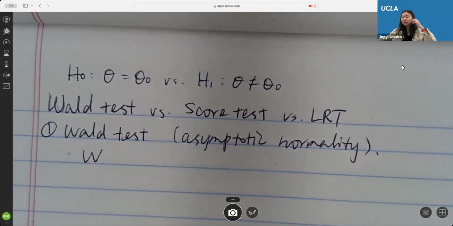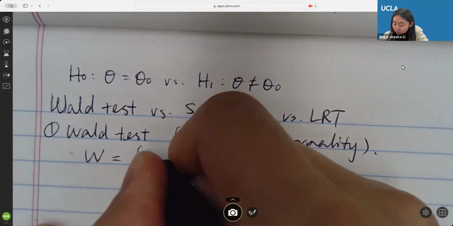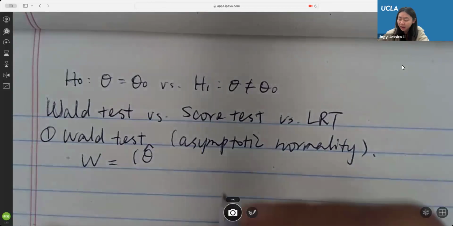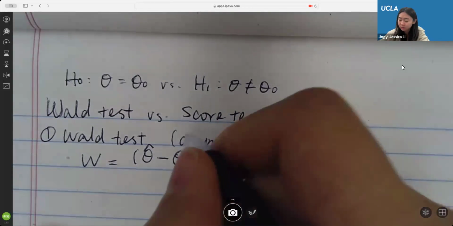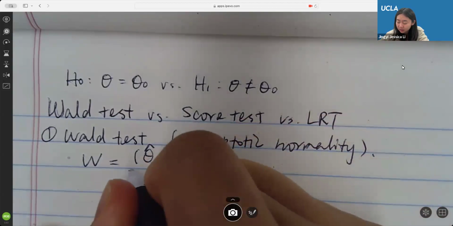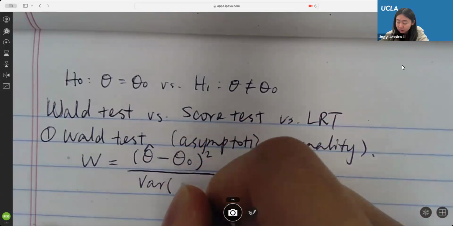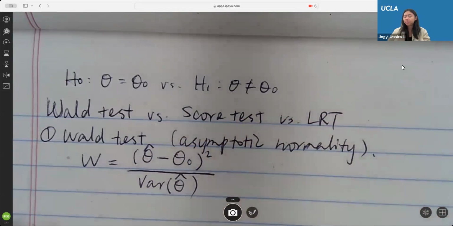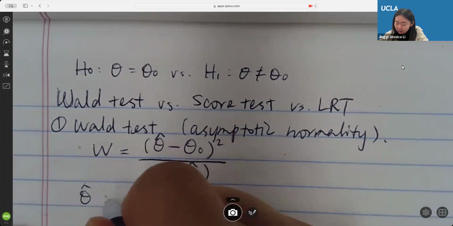The Wald test statistic is using the MLE, theta hat minus the value under the null, theta 0. We square it, and then we divide it by the variance of theta hat. So you would need to obtain theta hat as the MLE